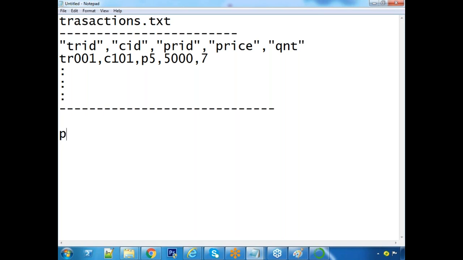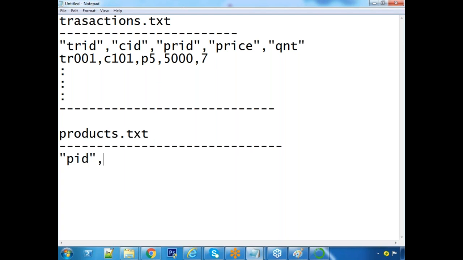And the second file is product info, or products.txt. Here we have product ID, MRP, product name and product brand.